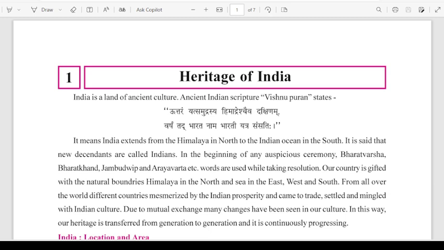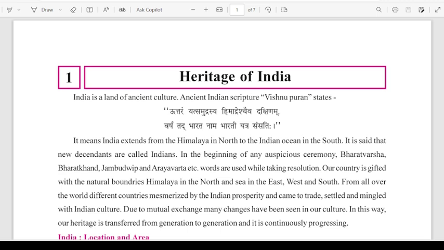It is said that the descendants are called Indians. In the beginning of any auspicious ceremony, words like Bharatvarsh, Bharatkhand, Jambudvip, and Aryavrat, etc. are used while taking a resolution. Our country is gifted with natural boundaries like the Himalaya in the north and the sea in the east, west, and